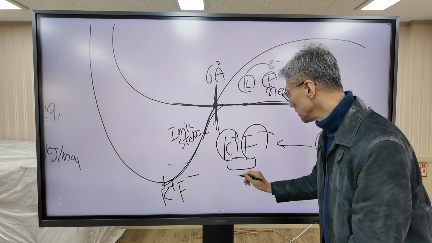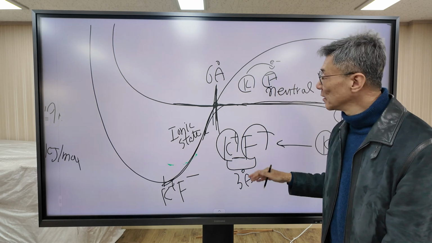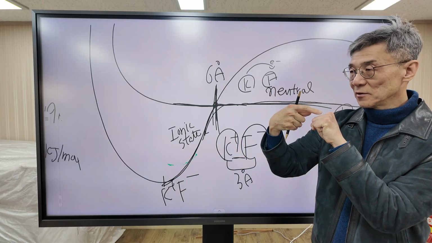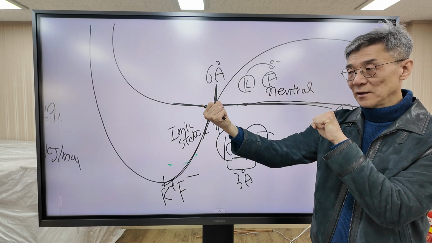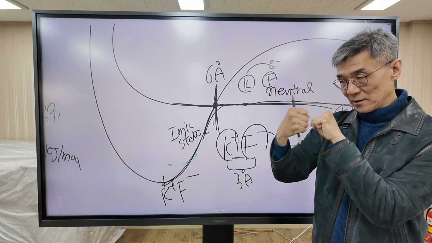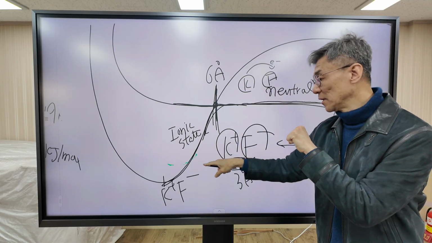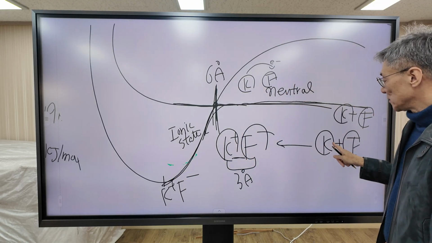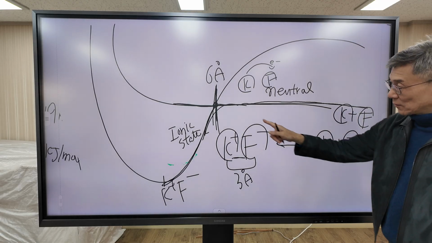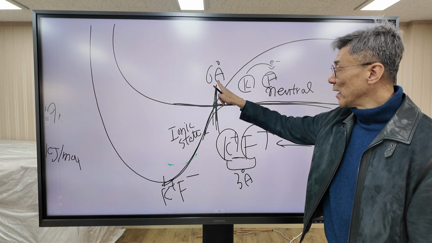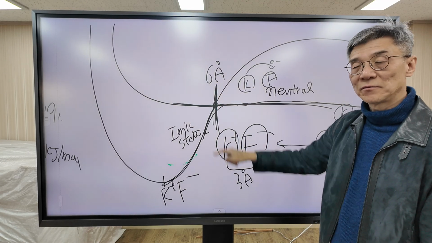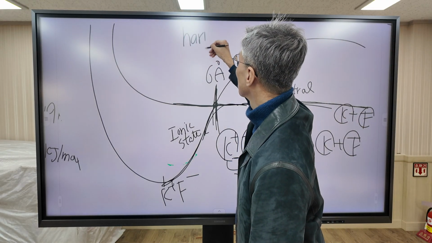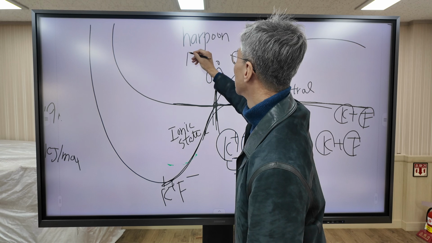Their atomic size is almost 3 angstrom. But when they approach 6 angstrom, electron transfers from potassium to fluorine, they feel strong force, they initiate collision and proceed to the reaction stage. So this explains why this reaction proceeds so fast, because the curve crossing occurs at large distance, at 6 angstrom. So this mechanism is called the Harpoon mechanism.